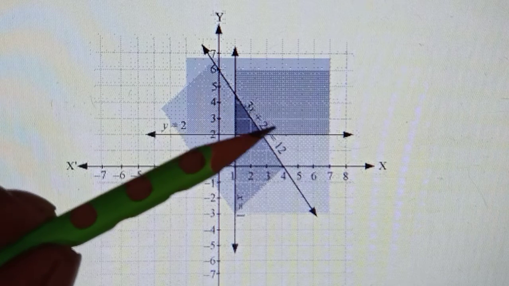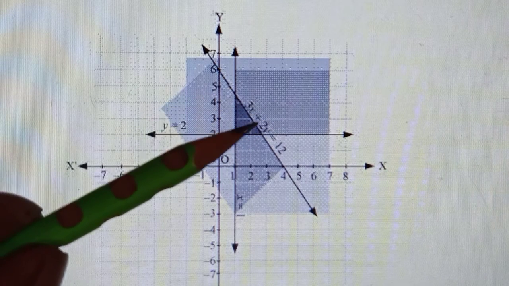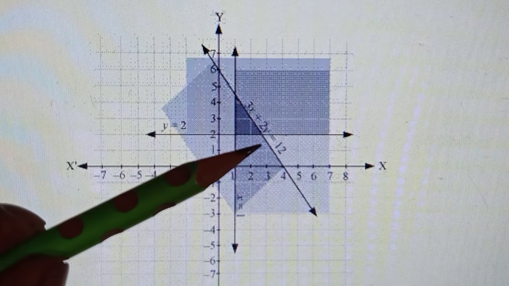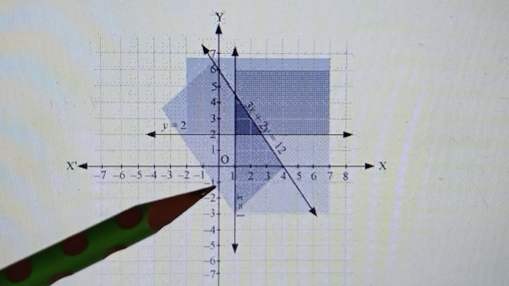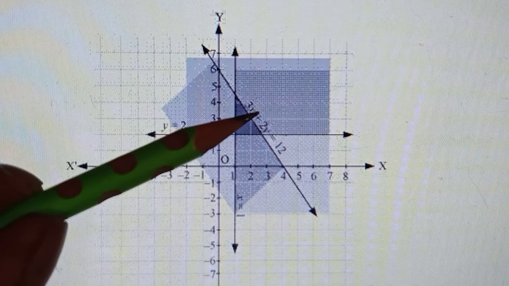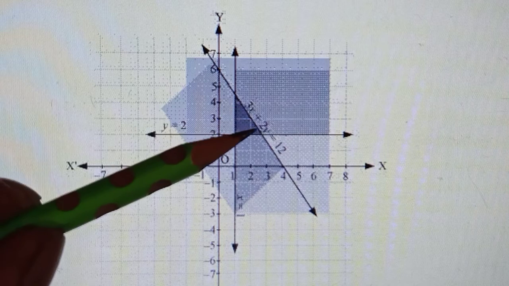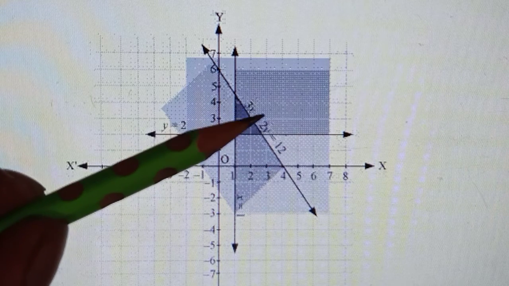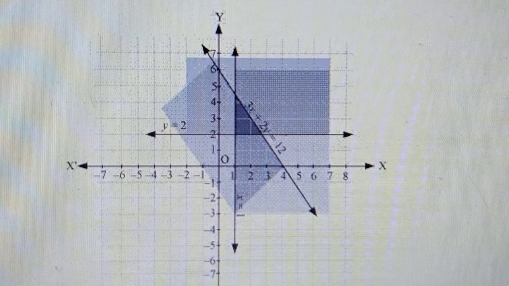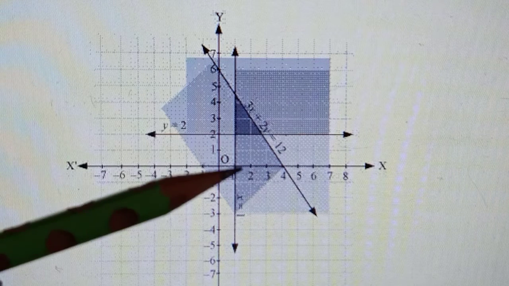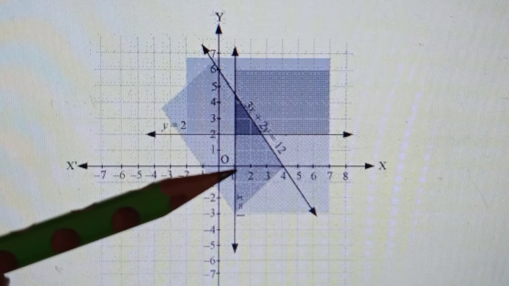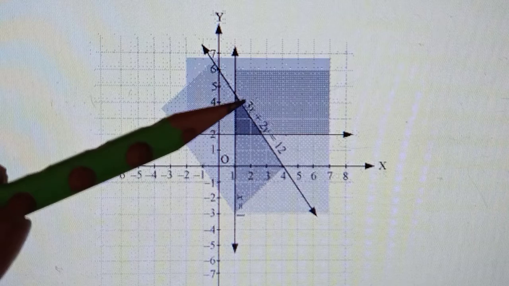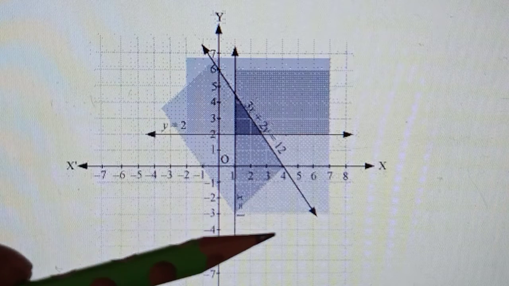Now if I put x as 0, y as 0, I get the relation 0 is smaller than 12, and smaller than is the sign in your inequality. So that means (0, 0) is satisfying this inequality, 3x plus 2y is smaller than or equal to 12, because when you put x as 0, y as 0, you get 0 smaller than 12, which is a true fact. So that means the origin, (0, 0), is part of your solution, right? Where is the origin? Below the line, or maybe to the left of the line. So this whole part will be shaded.